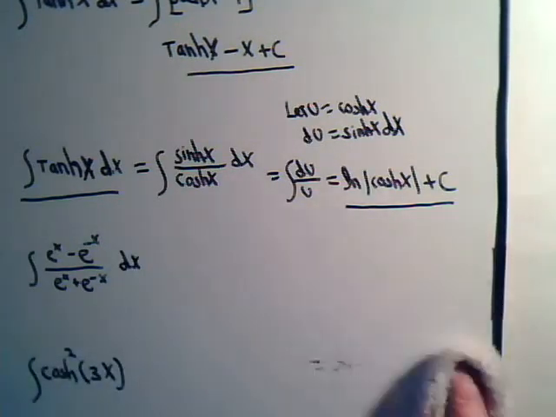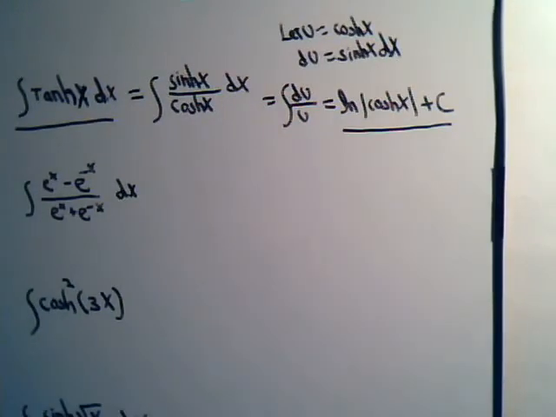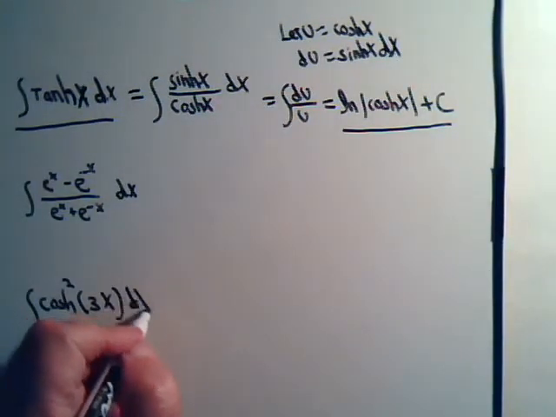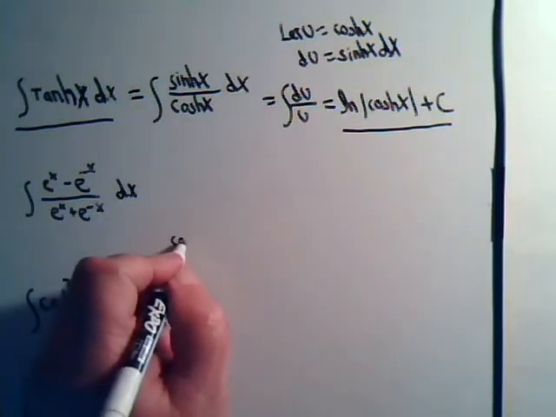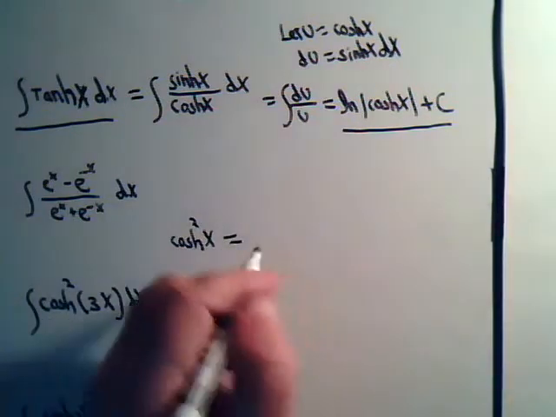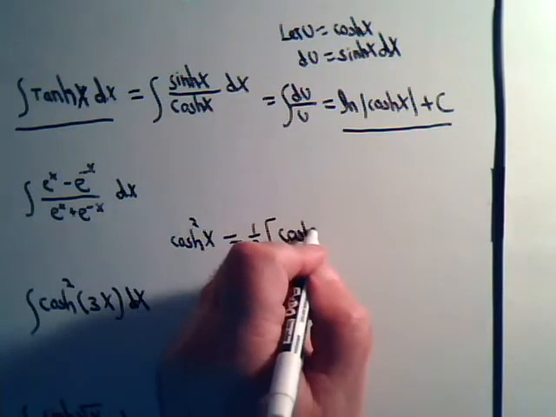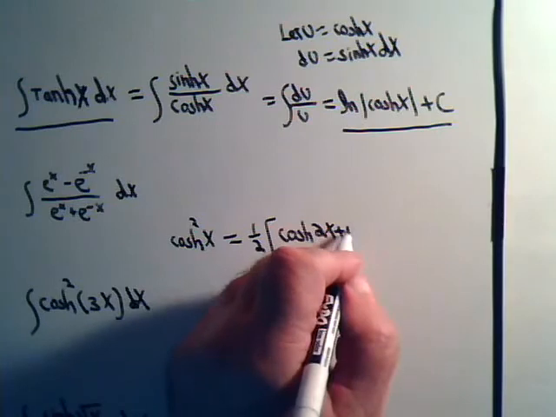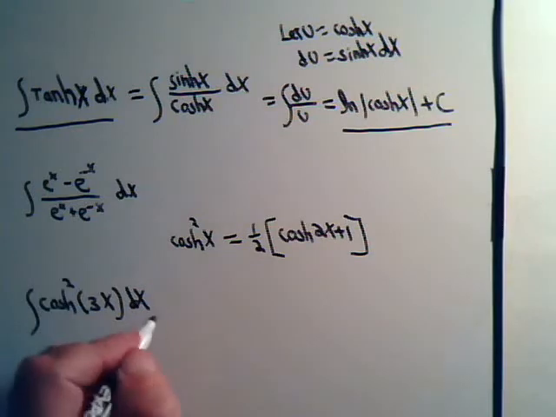So those weren't too difficult, just trying to recall some basic ideas here is all. What about this one here, written without a dx? There, now it's a proper integral. And let's see, we know that the hyperbolic cosine squared of x is equal to 1/2 the hyperbolic cosine of 2x plus 1. So this here would be equal to